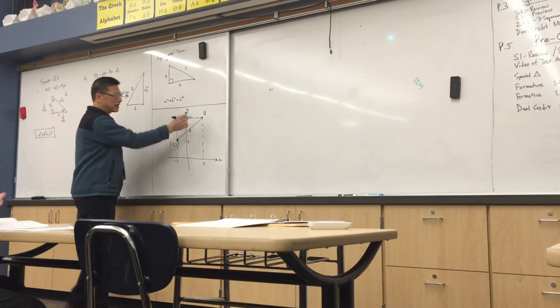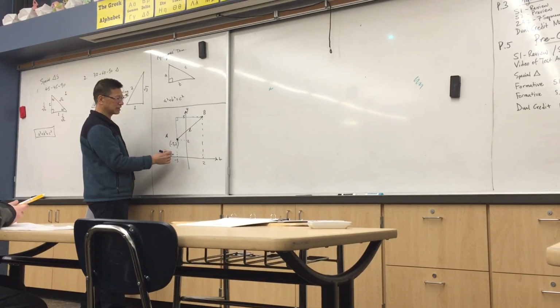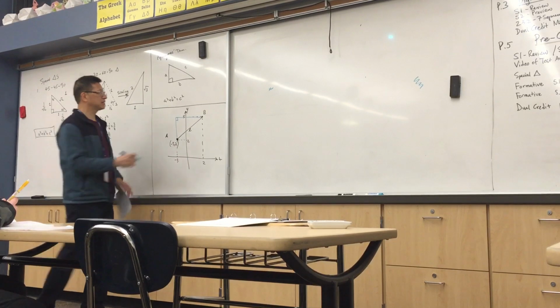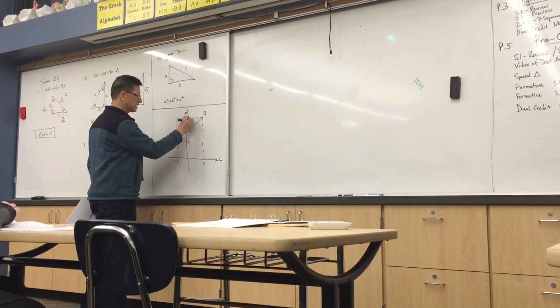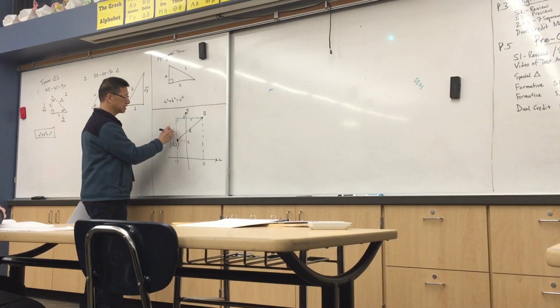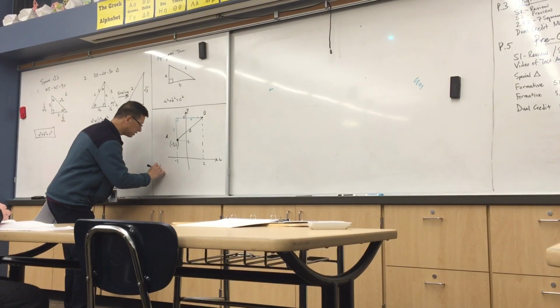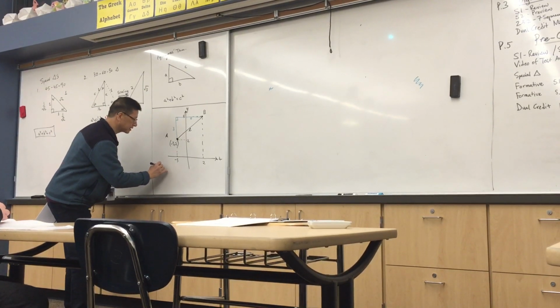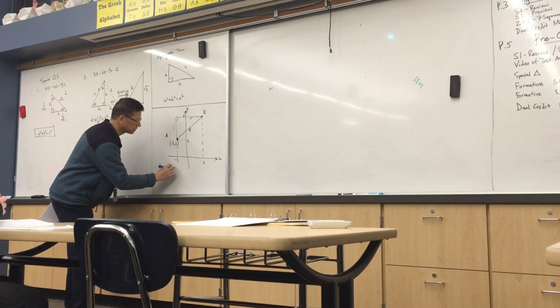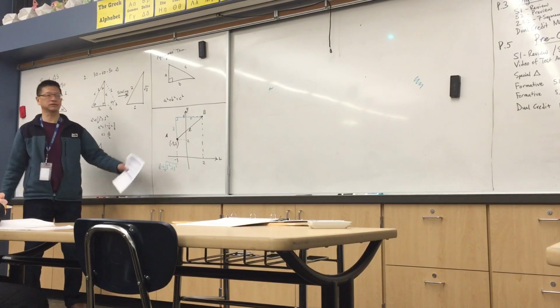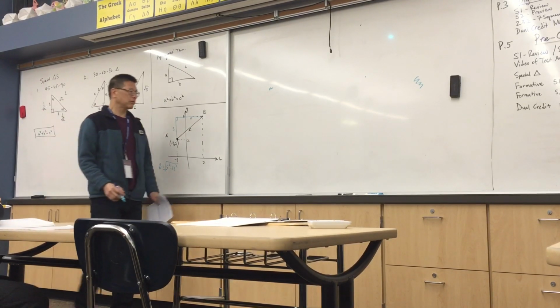Hang on, is this turquoise? Let me check. Create a right triangle here, and we know that this length is 5 and this length is 3. Then L is equal to 5 squared plus 3 squared, all square rooted, using Pythagoras' theorem. Okay, so this is the total. So what we can do